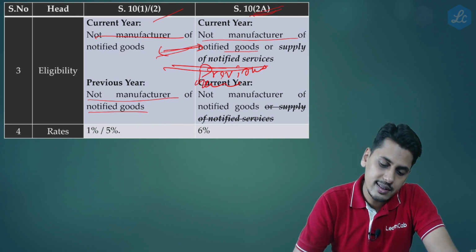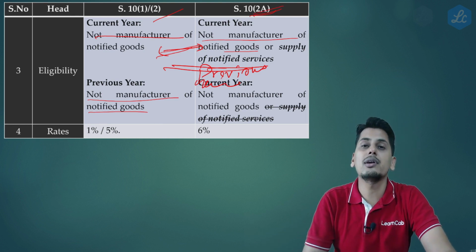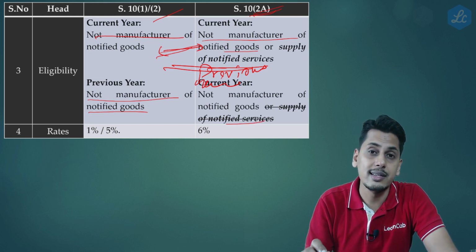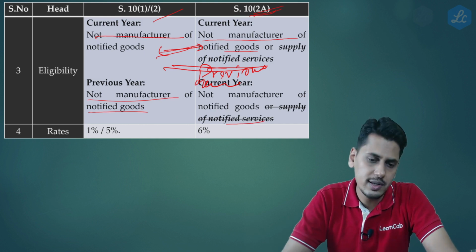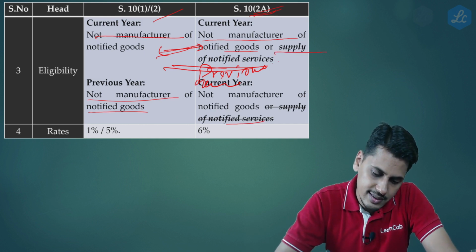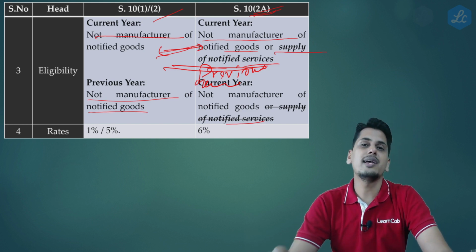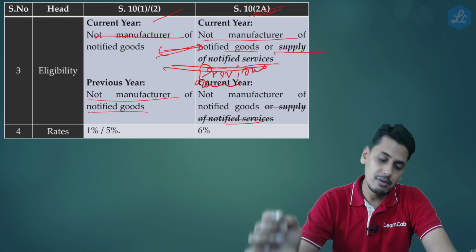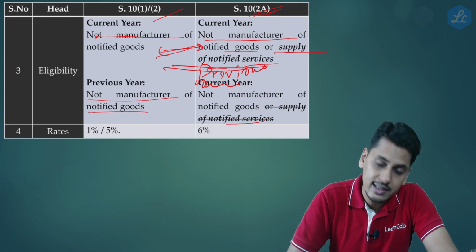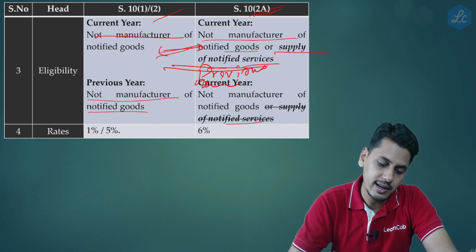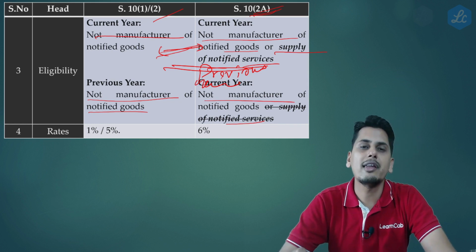for 10-2A, it states that he should not be a manufacturer of notified goods. The wordings "or a supplier of notified services" are missing. This could be due to oversight. Otherwise, since in the current year it says supplier of notified services, in the previous year also it should have been supplier of notified services. However, in my view, due to oversight, these wordings have been missed. So as regards 10-2A composition scheme, in the previous year, he should not be a manufacturer of